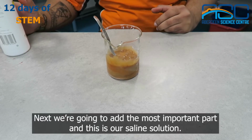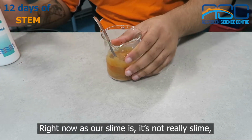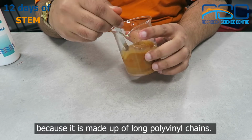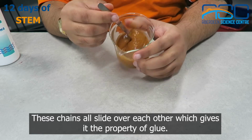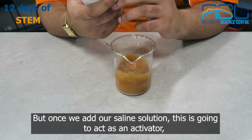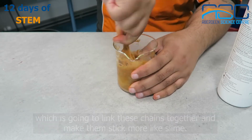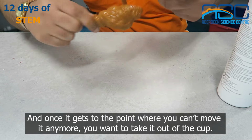Next we're going to add the most important part, and this is our saline solution. Right now, as our slime is, it's not really slime, it's just coloured glue, and our glue is so slidey because it's made up of long polyvinyl chains, and these chains all slide over each other, which gives it the property of glue. But once we add our saline solution, this is going to act as an activator, and it's going to cause a thing called cross-linking, which is going to link these chains together and make them stick more like slime. And once it gets to the point where you can't move it anymore, you want to take it